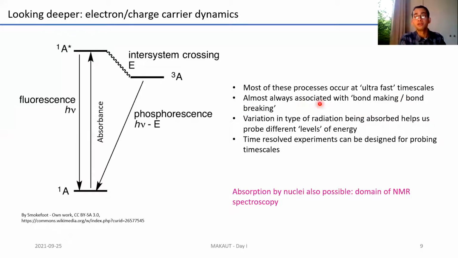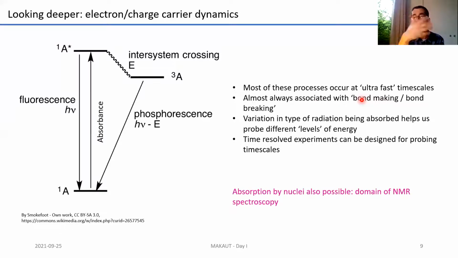And bond making, bond breaking, as you know, is sort of foundational to what governs chemistry. For those of you who come from a chemistry background, you might have heard about transition state theory, where the transformation from one molecule to another goes through a transition state in the energy landscape. These transition states involve bond making and bond breaking, and they can be observed by ultra-fast spectroscopy. Depending upon the type of energy or radiation you're using, for example UV-visible, X-rays, lasers, and many other kinds,